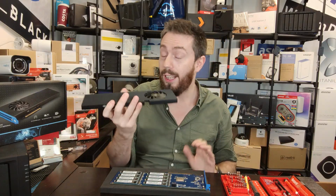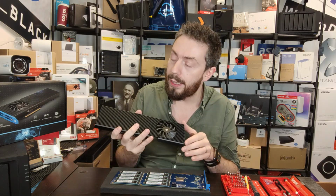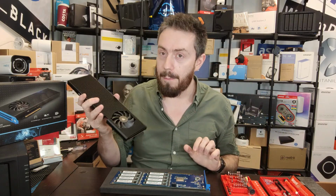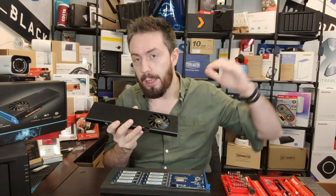What do I like? I like the hardware build. I like the attention to detail. I love the cooling, something we've learned more about PCIe cards over time. What don't I like? I hate that they don't include the screwdriver. That's annoying. But on top of that, another thing I'm not overly keen on is the price capping at the